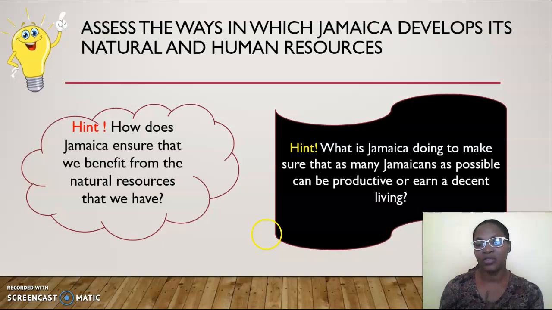And I'm sure you're aware of some natural resources that your beautiful, beautiful island Jamaica has. Next, what is Jamaica doing to make sure that as many Jamaicans as possible can be